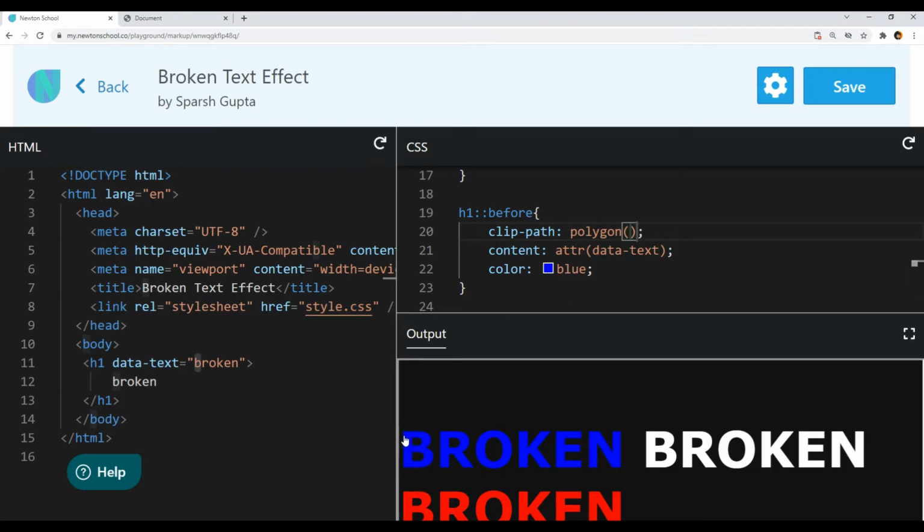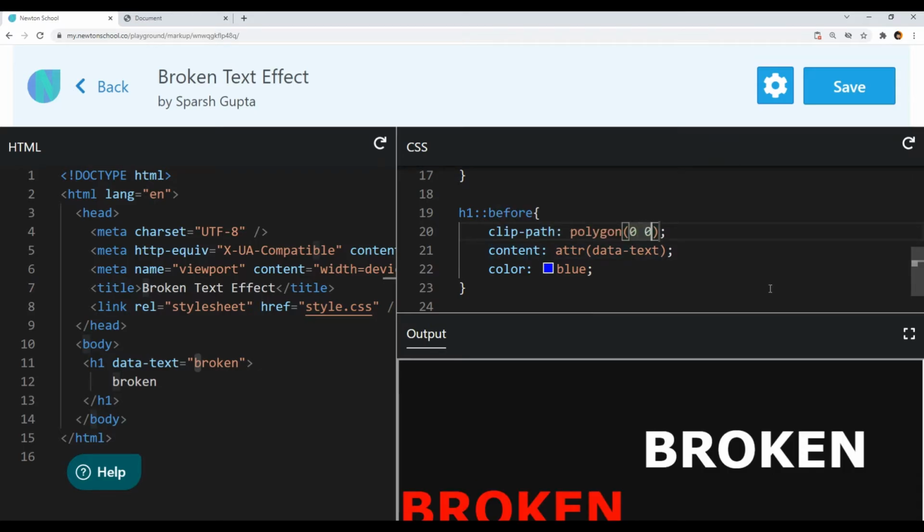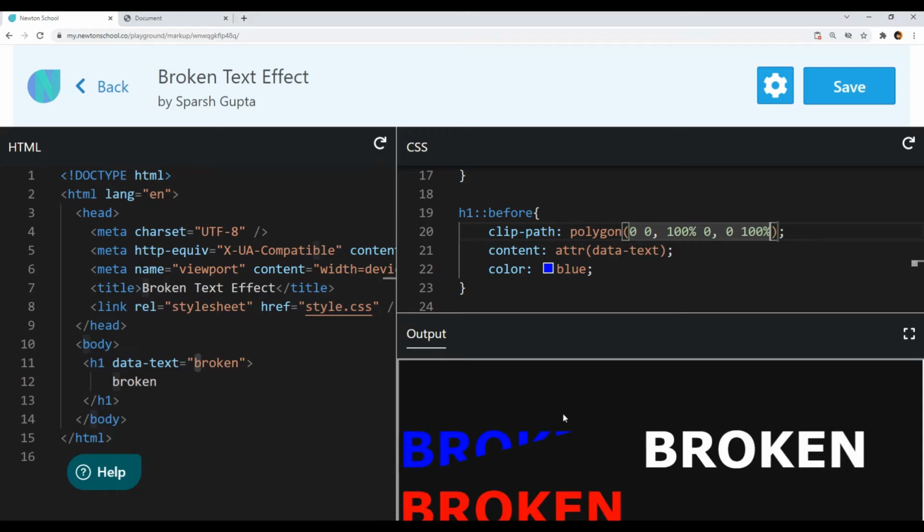So the very first coordinate is here, that is 0 from x-axis and 0 from y-axis. So I will write 0 from x-axis and 0 from y-axis. And the second coordinate will be 100% from x-axis and 0 from y-axis. And the third coordinate will be 0 from x-axis and 100% from y-axis. So you can see we clipped out some part from our before pseudo element, and now I will do the